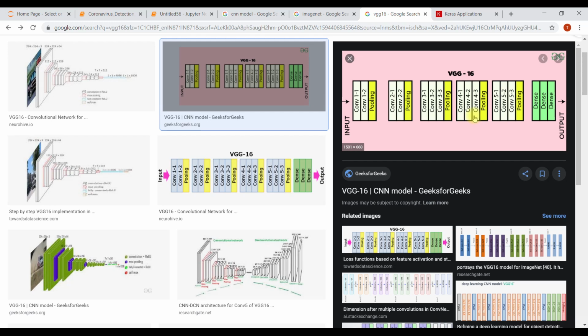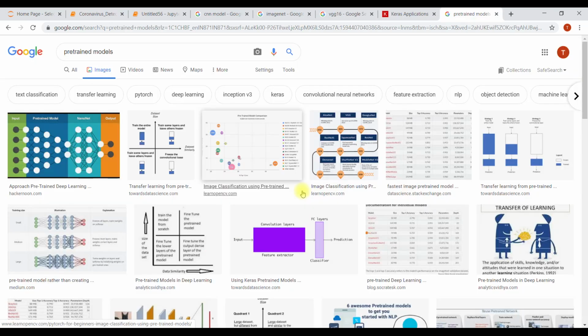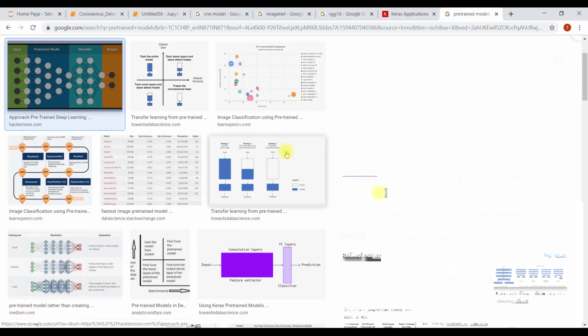They are already fine-tuned, so we don't need to train them from scratch. That's the fundamental of transfer learning.